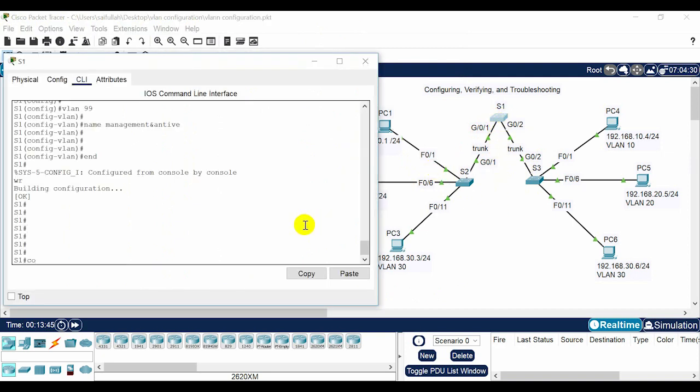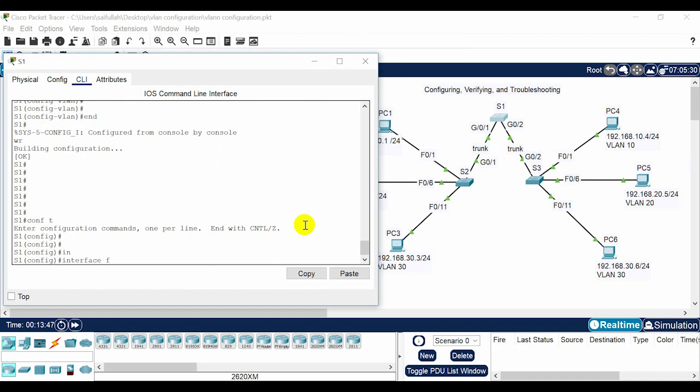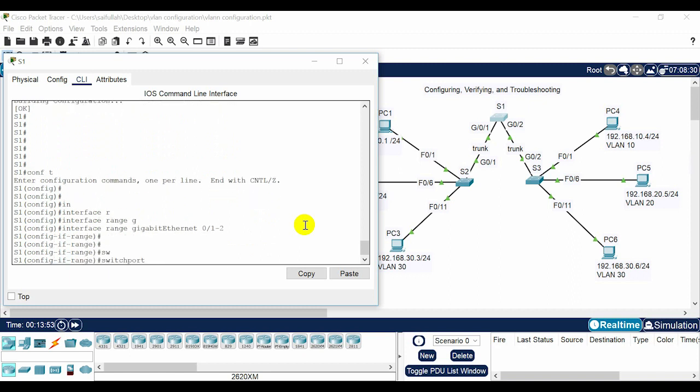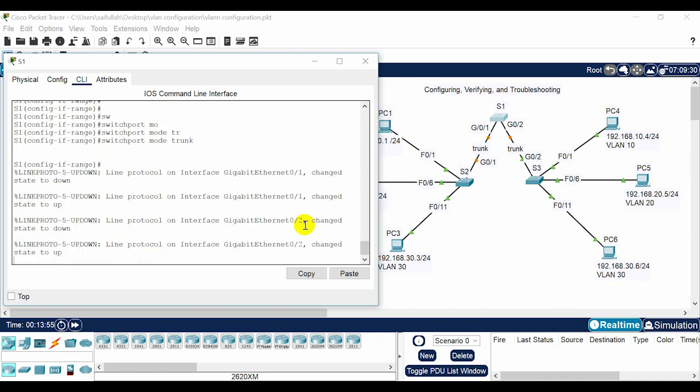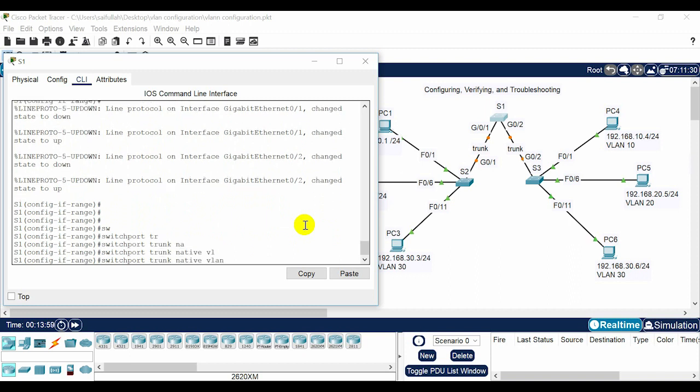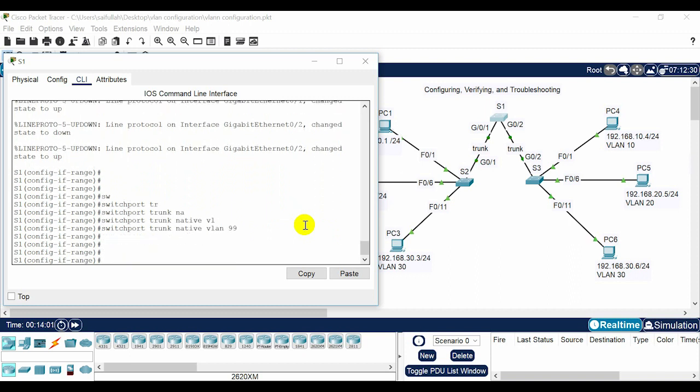In switch 1, interface range GigabitEthernet 0/1 and 2, switchport mode trunk, switchport trunk native VLAN 99,